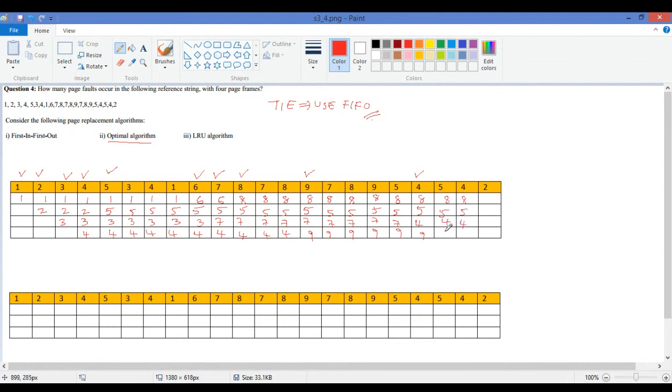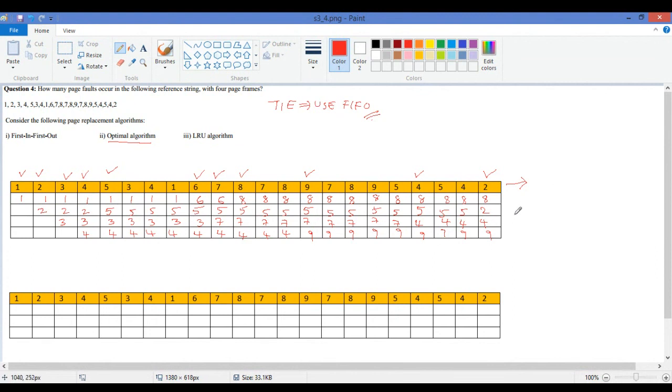5, 5, 4, 4, 9, 9. Now again, 2. There is a page fault. But here you see there is no future. No future. Then what is the candidate for replacement? Because you have no future here, you will use FIFO again. According to FIFO, you see 8 is up to here. Yes, 5. 5 is the longest period of time. So 5 will be removed. So 2 comes here: 8, 4, 9.